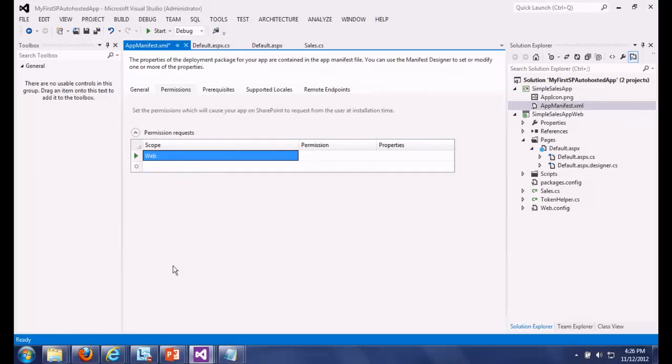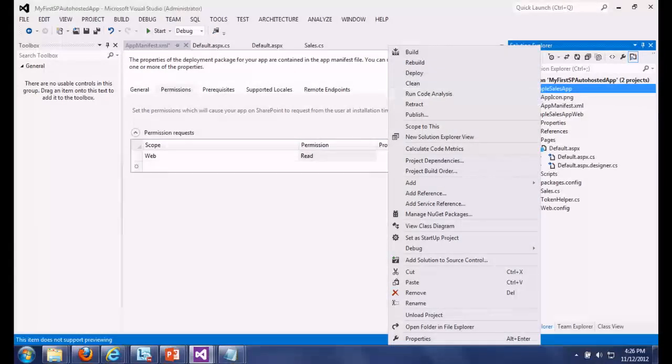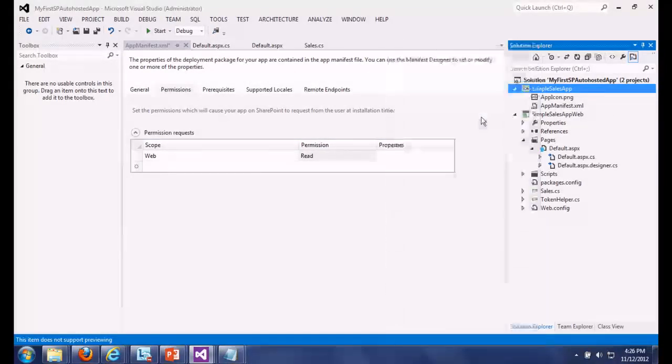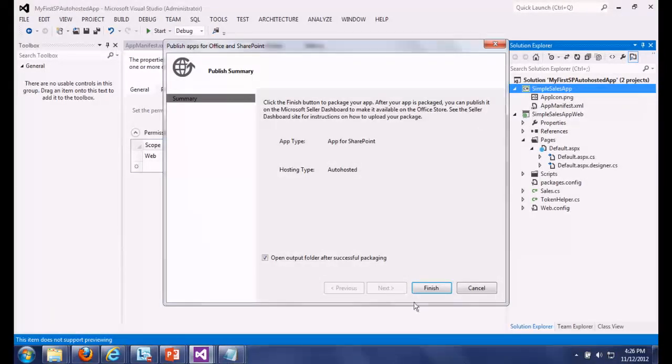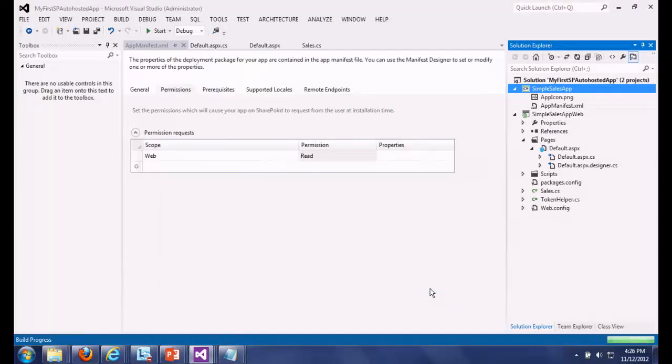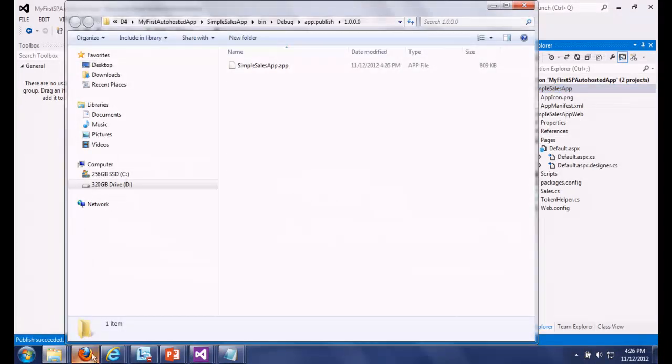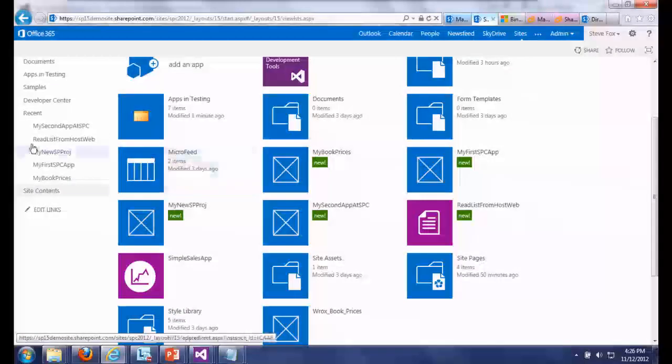It's just read, whatever, right? We're just doing some in-memory data processing, so it's not really a big deal here. But then I can go publish, right? That's going to publish that code. It's going to create that .app. I can then go ahead into my SharePoint site. I can go into, let's go back up to the top level site.